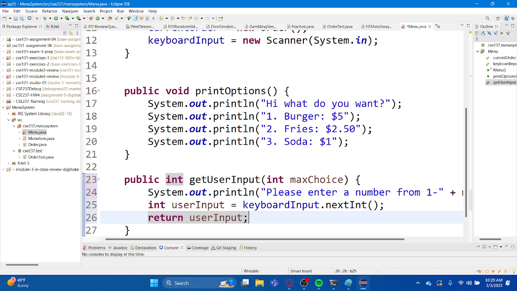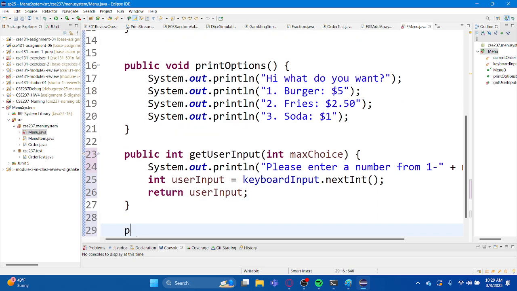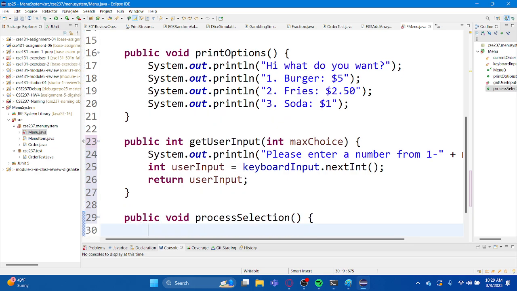And then the final method that I think that we need here before we can kind of take this for a little bit of a spin is to say, okay, we need to do the thing, right? We need to process whatever selection they made. And a lot of times this is going to be a big old if statement or a switch case statement if you prefer that to an if statement. But we're going to take in their selection as an integer